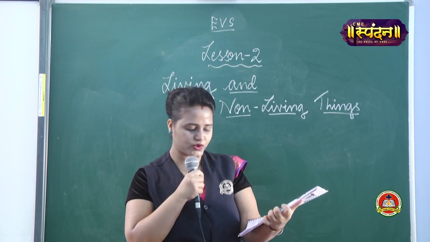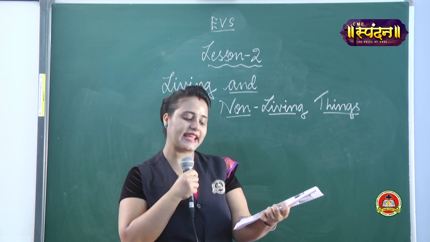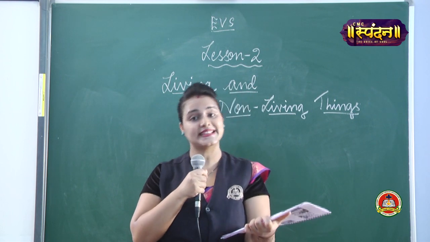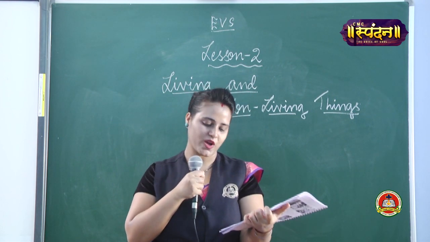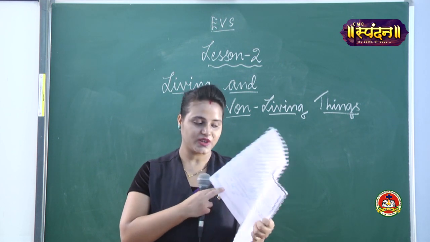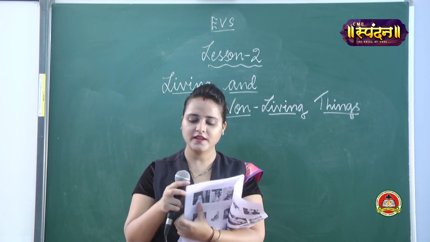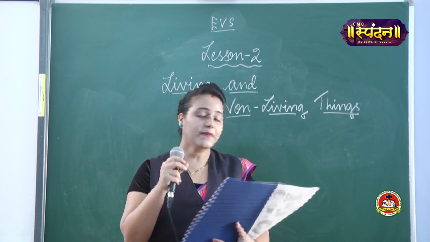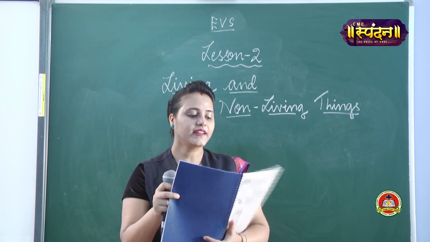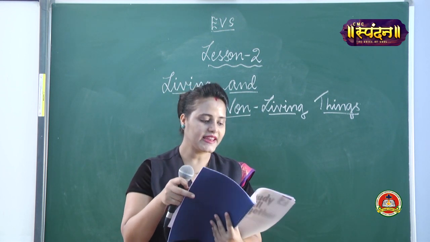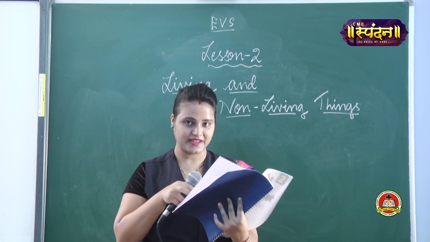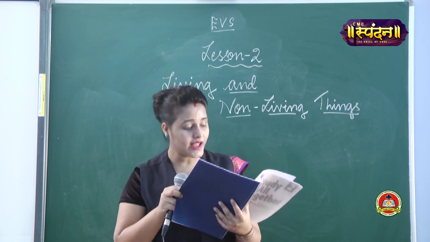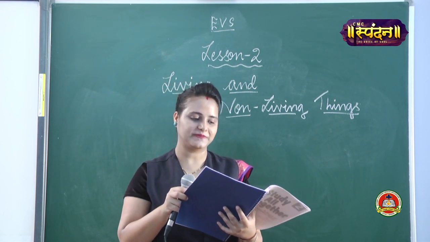Plants do not give birth to young ones. Birds lay eggs, while animals like cows, buffaloes, dogs, etc. give birth to young ones. But plants do not. Have you seen a plant giving birth to young ones? No. They produce their young ones either from seeds or from any part of their body. Yes? So, we see that animals and plants are different from each other.